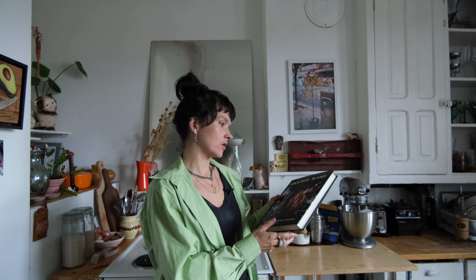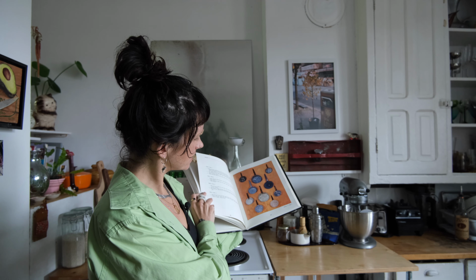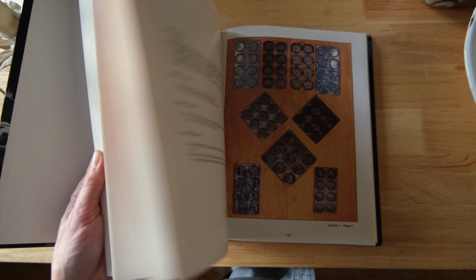This is kind of an interesting one. I don't normally share books that I find, but this I got at an antique store. It was a free pile and she was just getting rid of this stuff. And this is a book all about granite ware, which I love. And I have quite a few pieces like this, like that enameled, different color, whatever. There's so many, like I'm seeing things in here that I really have never seen before. I think it's really cool, like different pans, jugs, pots, coffee percolators, bowls,